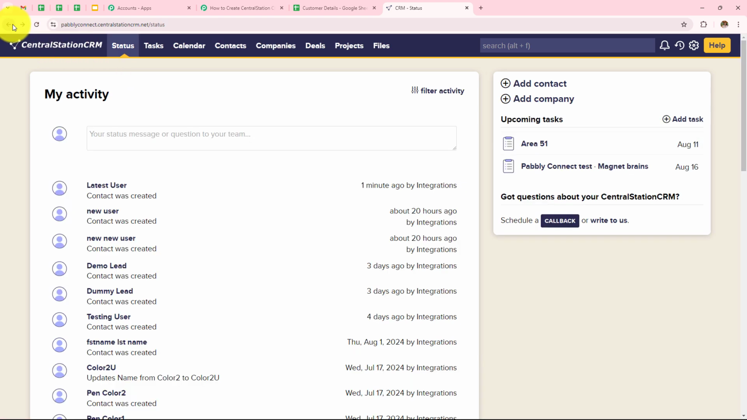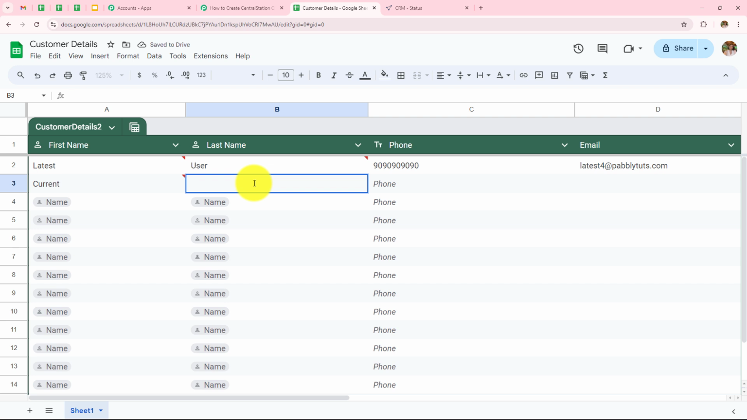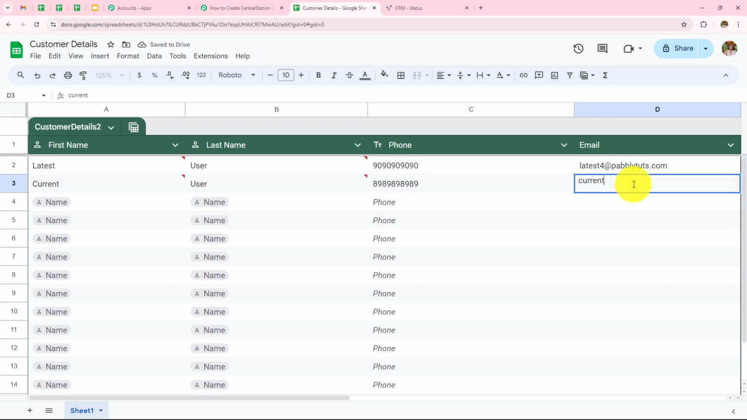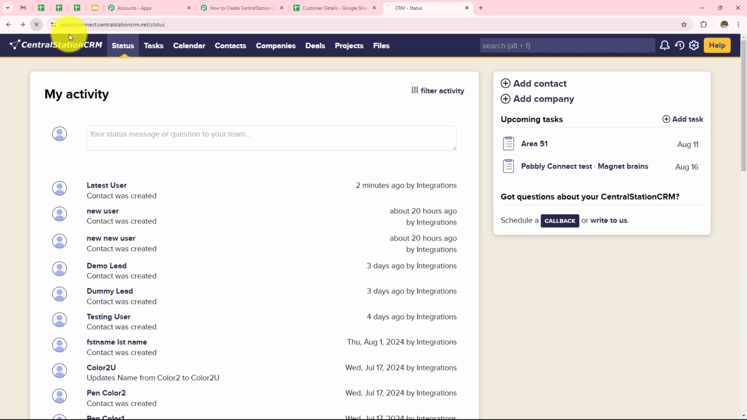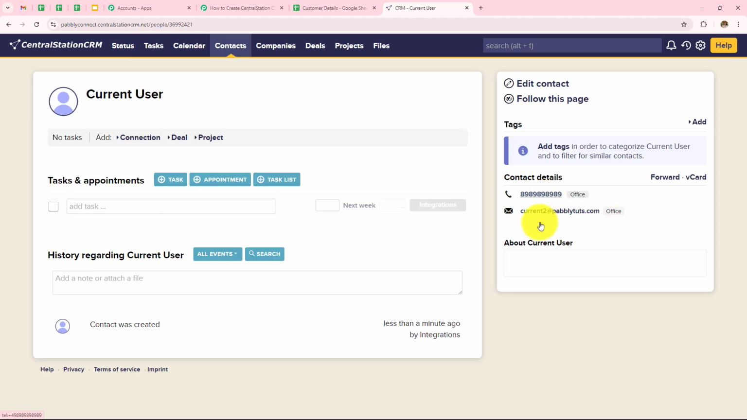So let's go back to our Google Sheets and check whether this automation is working perfectly fine or not by entering some other details over there. Let's say my first name is current, my last name is user, my phone number is, and my email address is current2@pablitudes.com. Now, as soon as I've entered data in this column, a person should be created in CentralStation CRM. So let's open our CentralStation CRM account. Let's refresh the page. And here we can see we have instantly created this person by the name current user. The phone number was this and the email address was